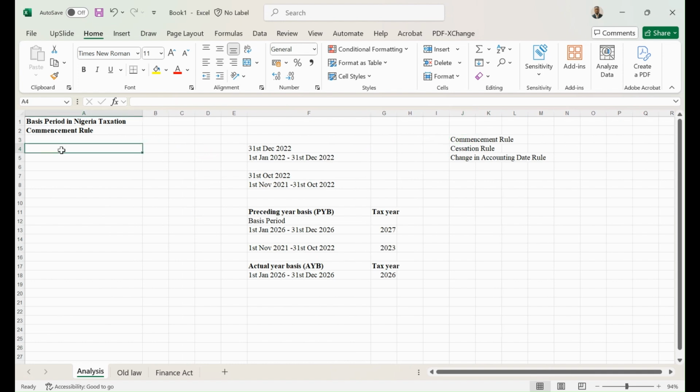So how do I approach basis period under the old law? Now, it is important to let you know that Finance Act 2019 took effect in February 2020. So the Finance Act starts applying to companies that started operation in 2020. That is when we use the Finance Act. But prior to that, any company that starts operation before 2020 would need to apply the old law. So for exam,